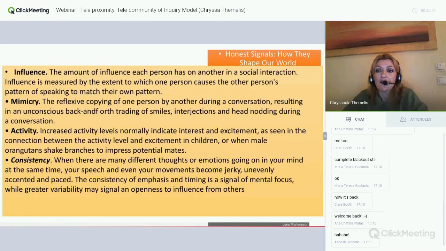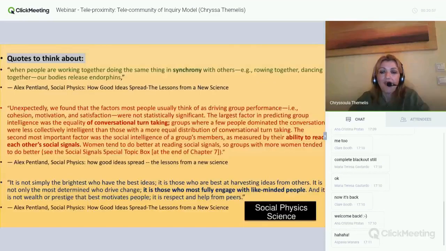And I don't want to go into this research a lot because there are a lot of findings about signals and how they shape our words. But the important thing is that a new science was created called social physics. There is a website developed by MIT, and they have some very interesting findings.